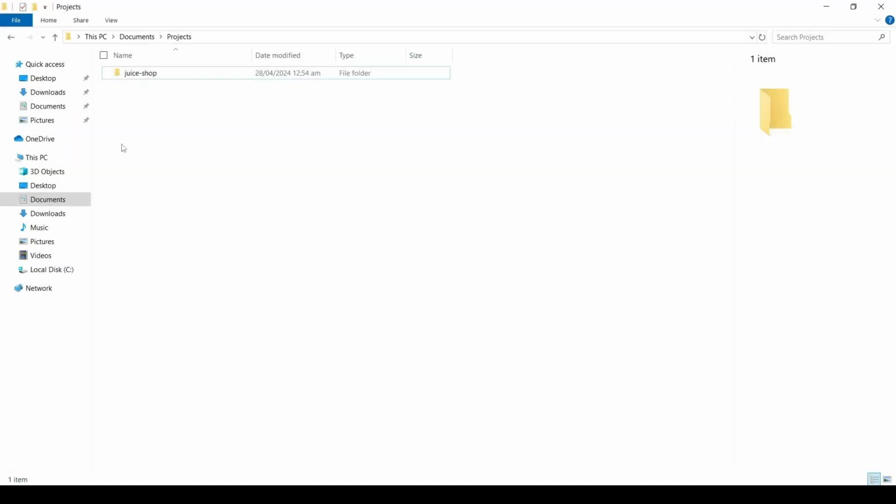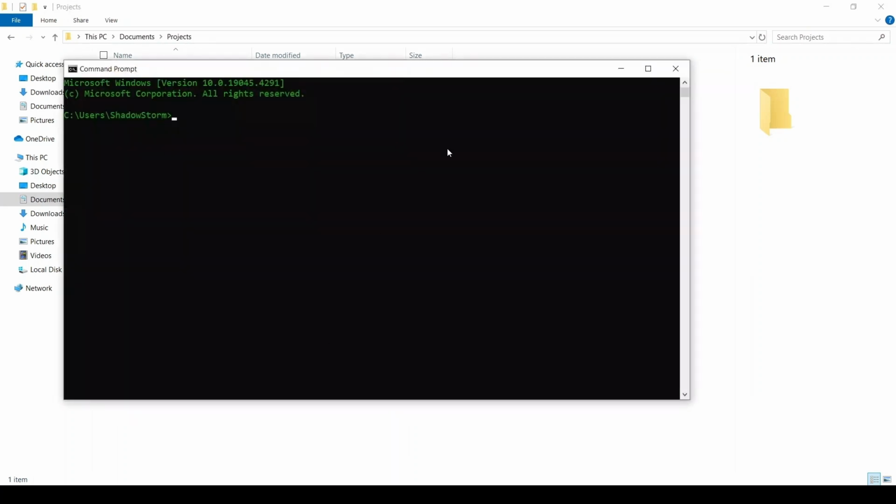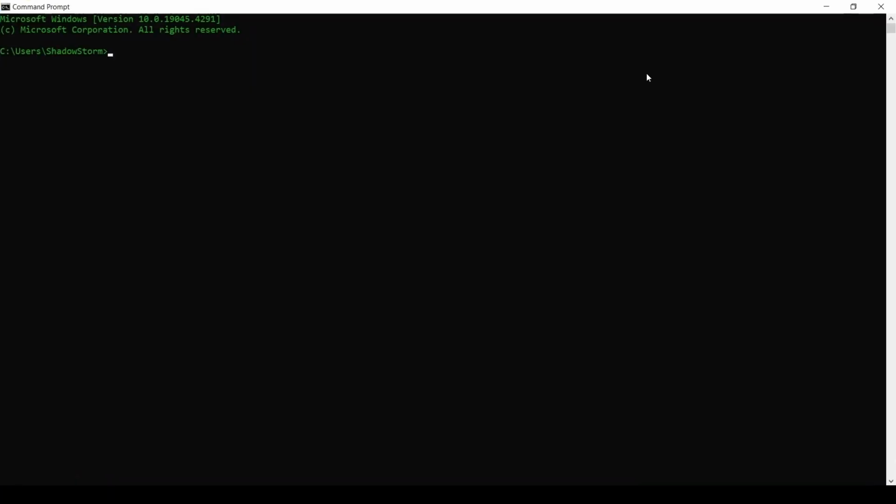After extracting your Juice Shop to your desired location, I want you to go there. Then open up your Windows terminal or command prompt. If you're on Kali Linux, open your terminal to that particular folder. I'm going to open up my command prompt here, and you want to navigate to where you extracted the file. For me, it's in my documents,